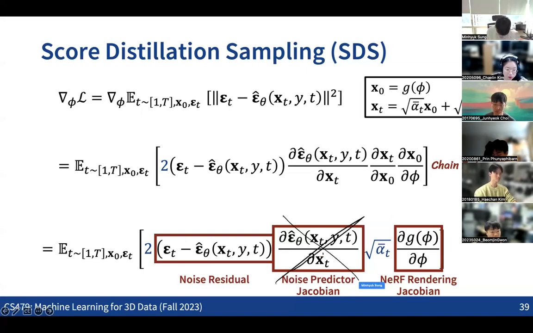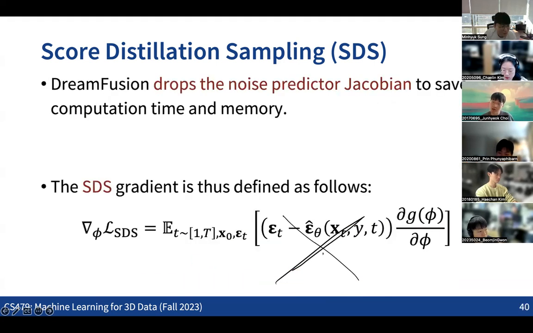So we are not computing the gradient of the noise prediction network, just multiplying the other terms in a way to compute the gradient. This sounds a little bit weird, which is true. The only reason that we are taking out the noise prediction Jacobian, this gradient, is just to reduce the computation time.